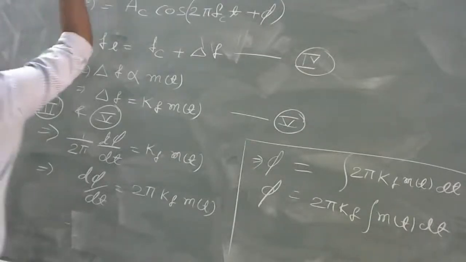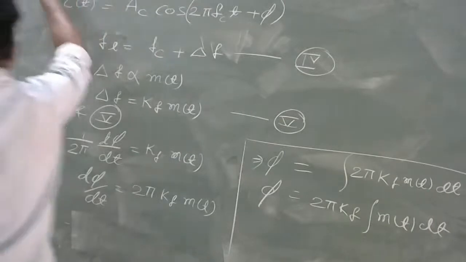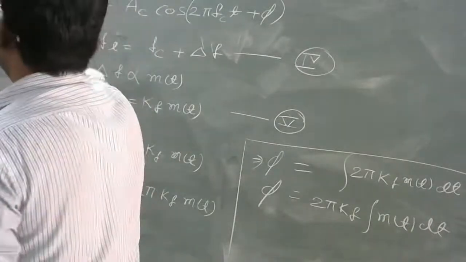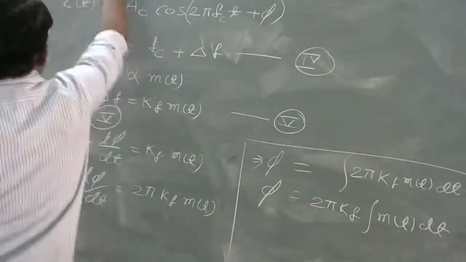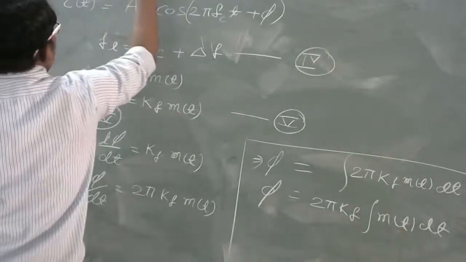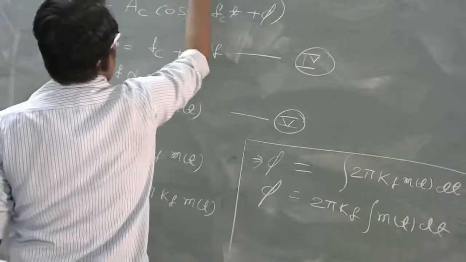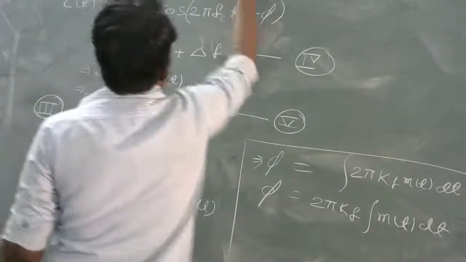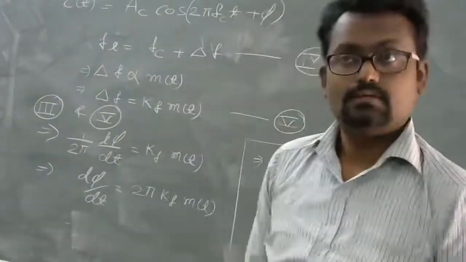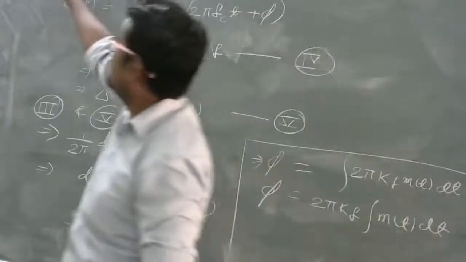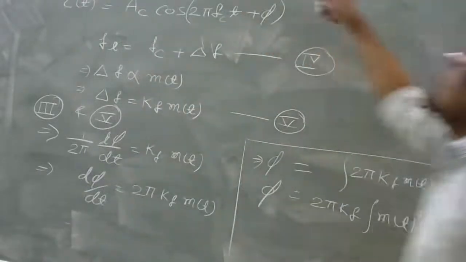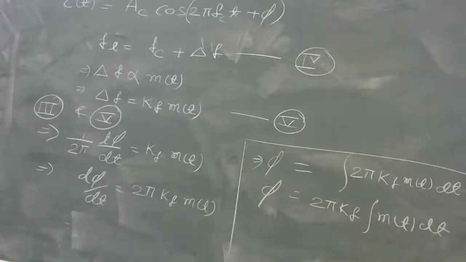This modulated signal is represented as s(t), and here s(t) can be written as s(t) equals Ac cos 2 pi fct plus